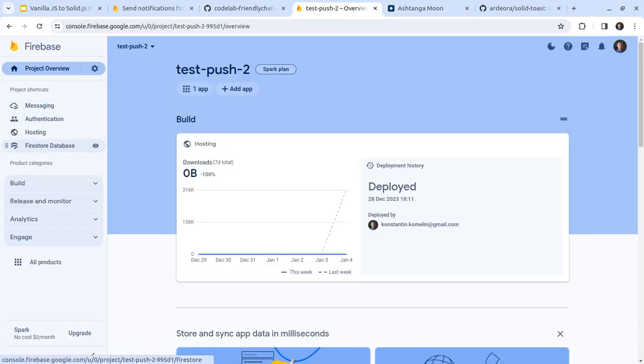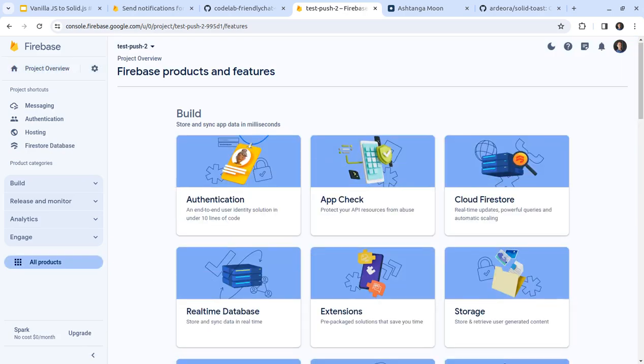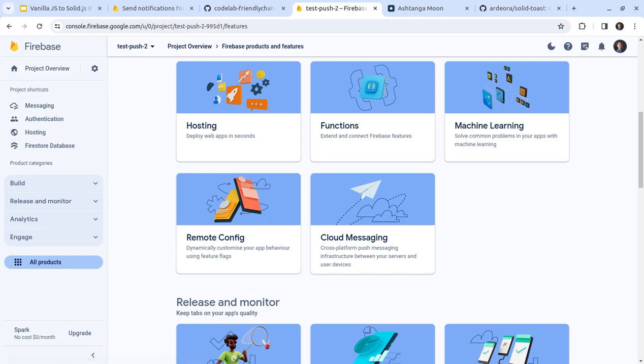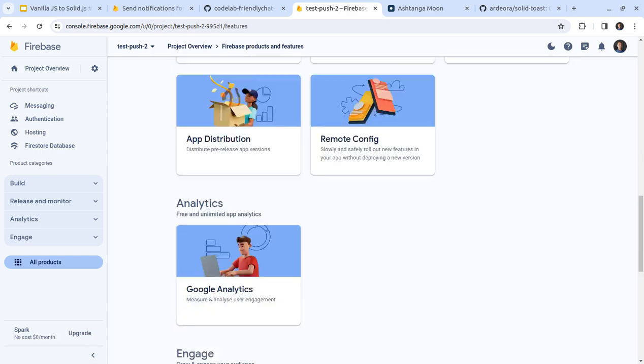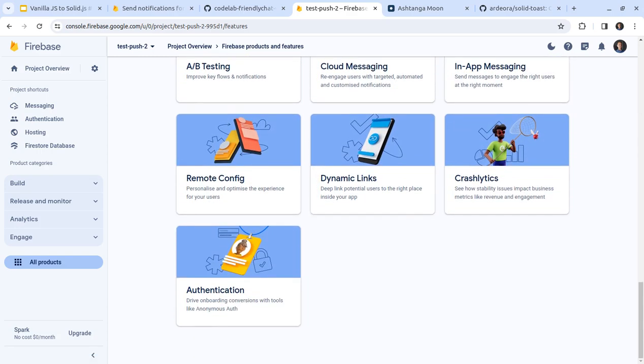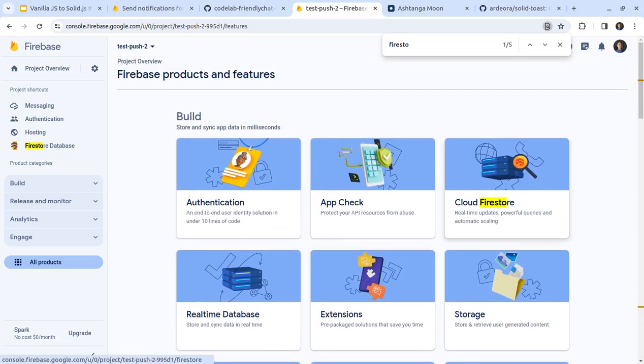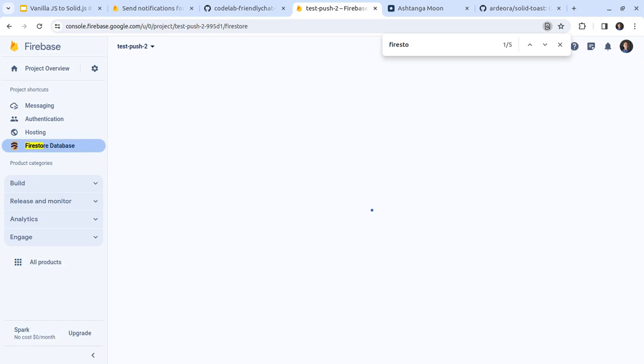If this service Firestore database is not added to your list, you need to go to all products, find Firebase Firestore in the list. Okay, yeah, let me just use search. Firestore, it's not found here for some reason. Yeah, here, it's at the top. You need to click this cloud